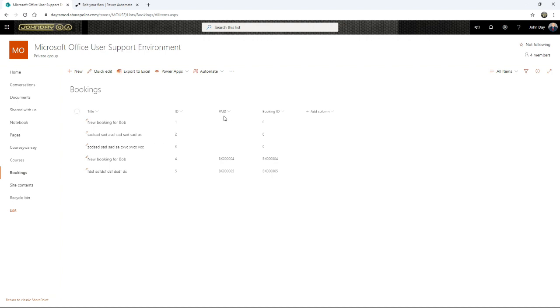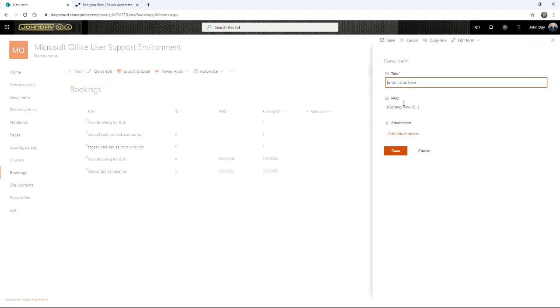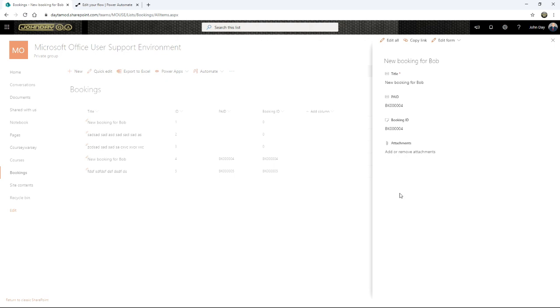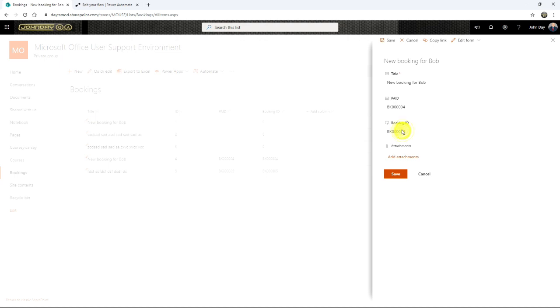Now I'm going to turn the paid off eventually in the list, but what's most important is when I click new, when a new item is generated, the booking ID doesn't appear. If they edit any one of those bookings, the booking ID cannot be changed. If I click that pencil and go to my heart's content, it's not